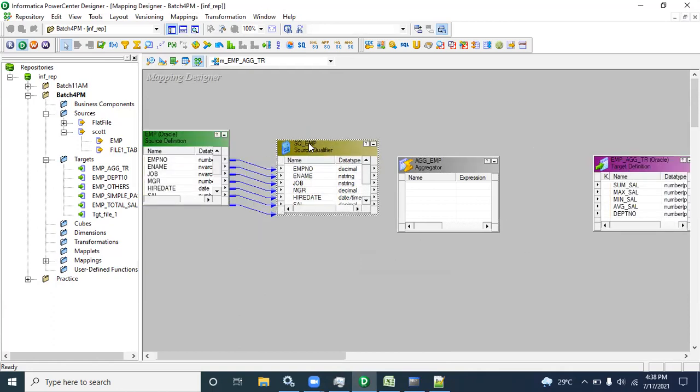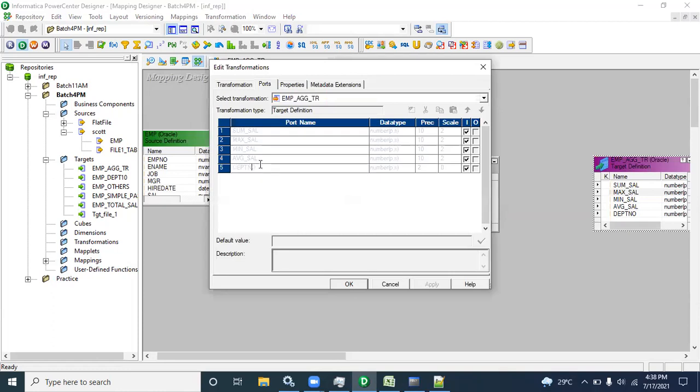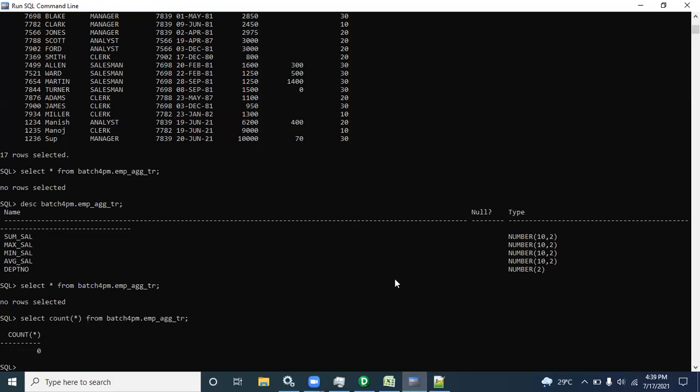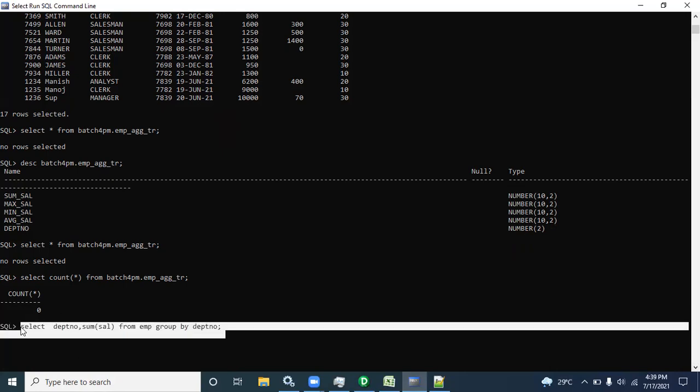Yes. Then we need, see, in simple, you can check department and salary. Apart from this, when you go to the Oracle, department and salary, apart from this, do we need anything in this code? You can see department and salary. Apart from this, you need any column? Department number and salary, right?